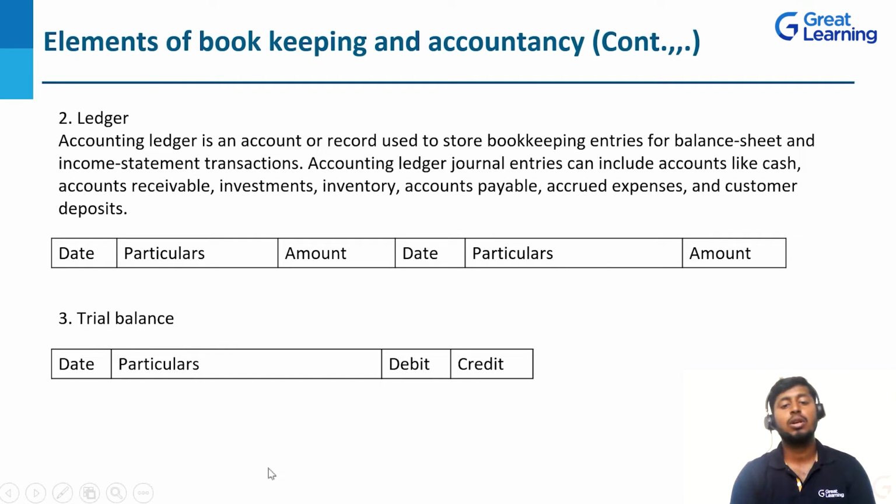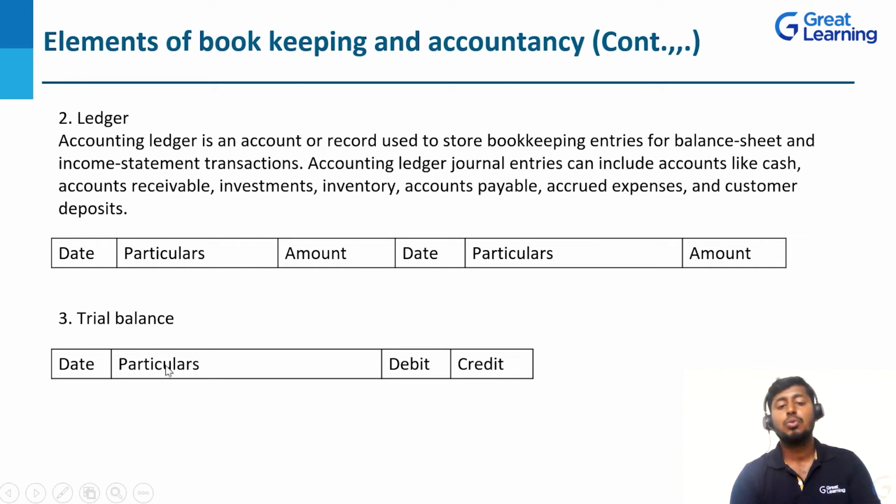After the trial balance only, we are going to move to all our financial statements, that is your income statement, P&L account, and balance sheet. Okay, so this is the format for trial balance. Date, particulars, debit, credit, only 4 columns will be there here. Either we can maintain date or we can maintain serial number. According to ledger account, we are going to maintain the serial number here.